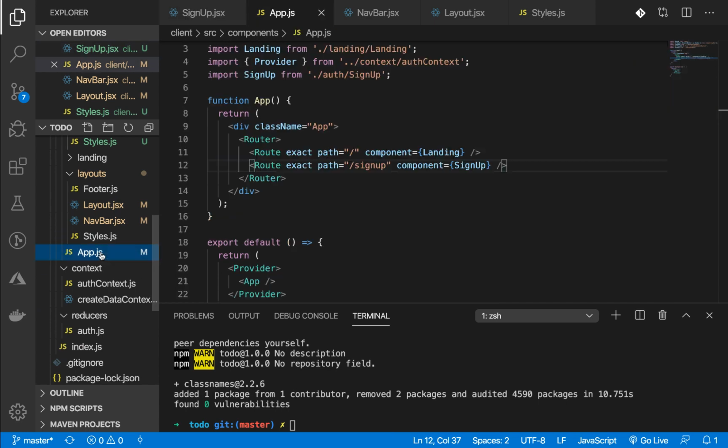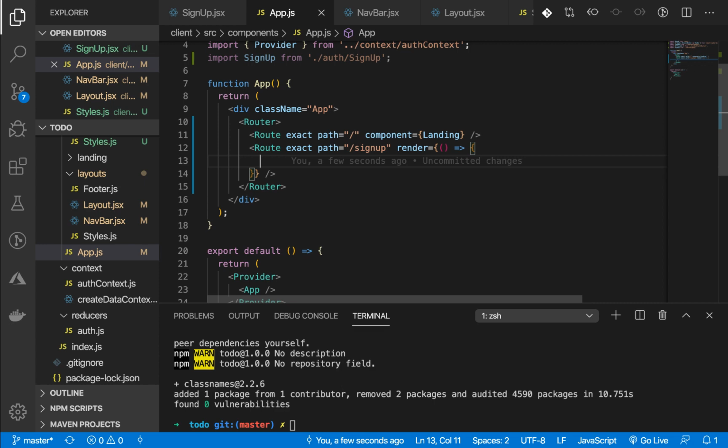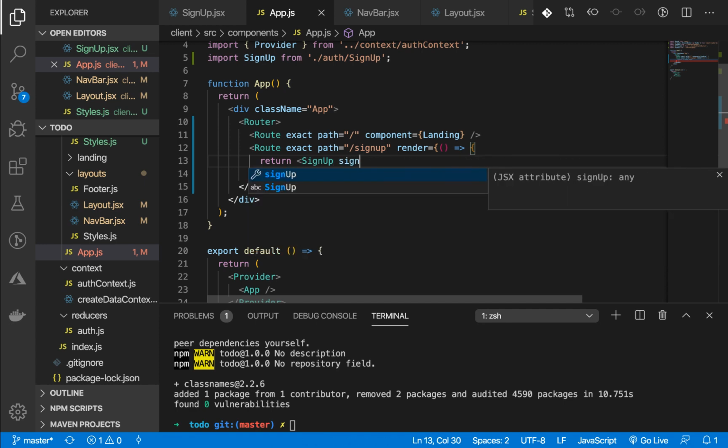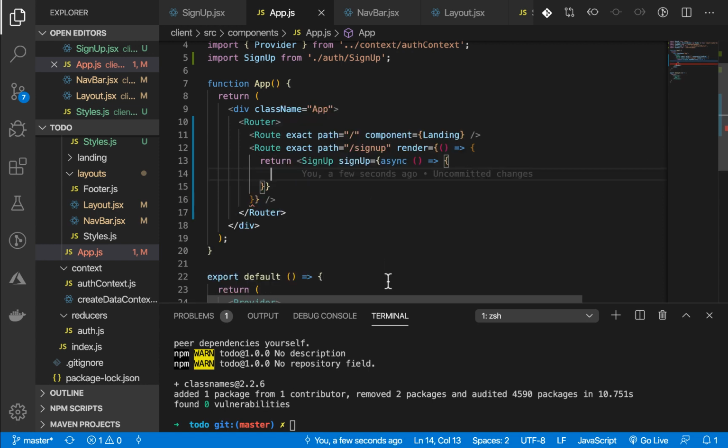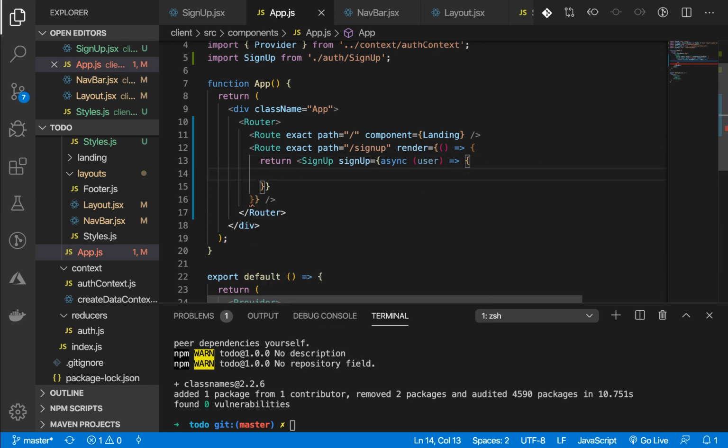So we need to pass that sign up here in the app component. We need to look for a way to pass it, but it's impossible to pass it like that. To do that, there is another property of this route component called render. This render takes a function that will return the component. Now this is our sign up component. I'm going to pass in the sign up as parameter. The sign up takes an async function. So this function takes in the user as parameter, and we're going to send the request here,